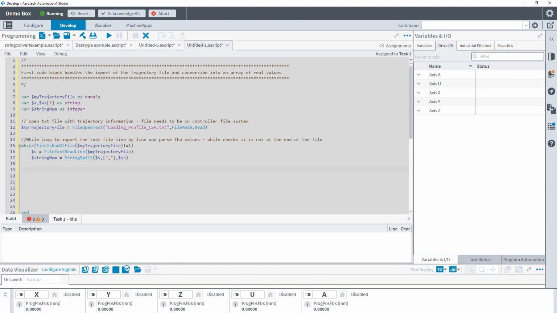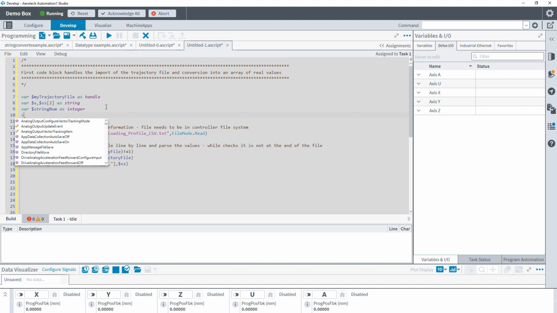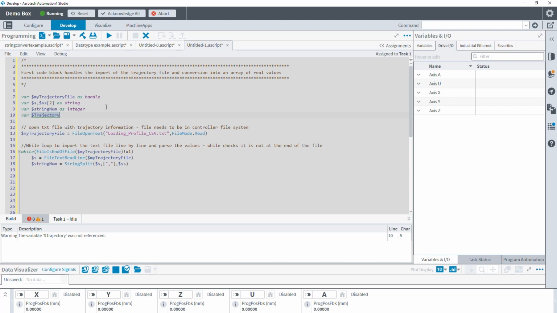The next thing we have to do is convert each of the values within SS into a real number. So of course we're going to need a variable for that. In this case, we'll just call it trajectory, and then this is going to be a 2x2 array because I'm going to have 2 values to bring in. So this might well be, I don't know, 100 lines, say, and it's going to be 2 wide, and it's going to be a real. We are on this line importing the string, and on the next line we are going to split that string. The next line down then is that we need to do the conversion. So we have an array of strings, and now we're going to do a quick little